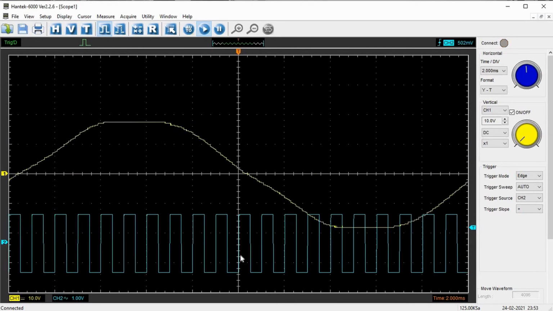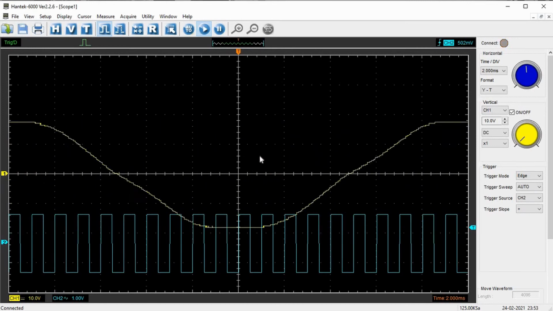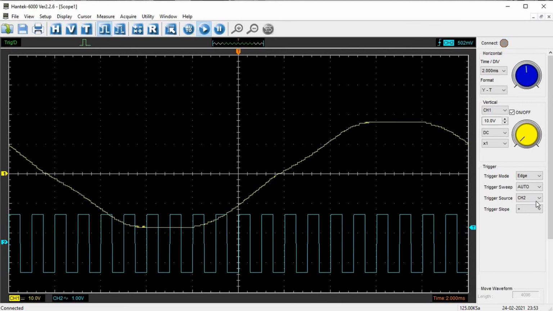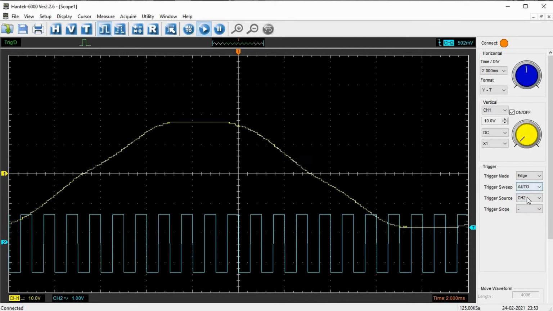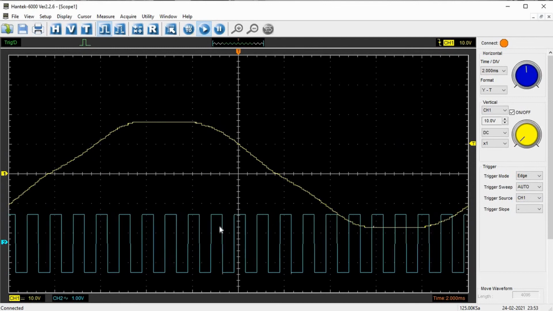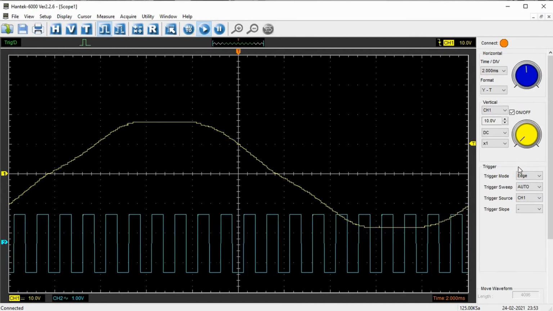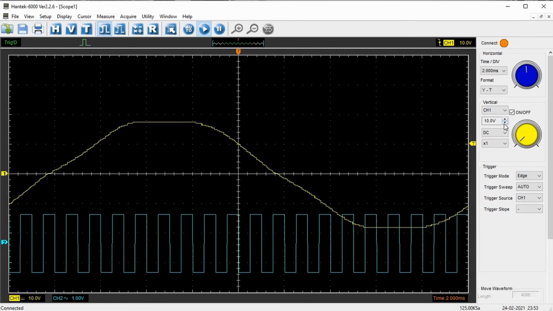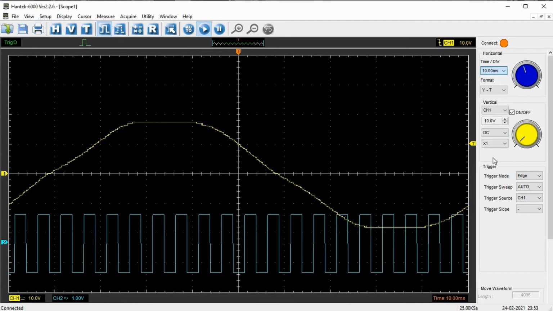the time trigger, it will trigger. Since this is almost a straight line, you are not able to make out any difference like how you saw in the sinusoidal. If I put it to falling edge, it triggered in the falling edge. If I change it to channel 1, it has triggered here. Now it is triggering channel 1. Channel 2 is not holding, because we have set the trigger to channel 1. Let me put it to 10 milliseconds.